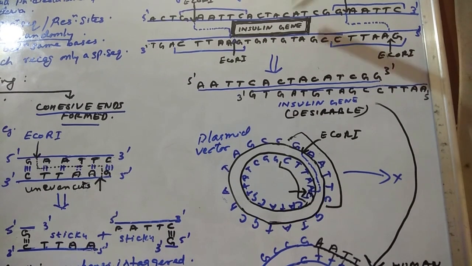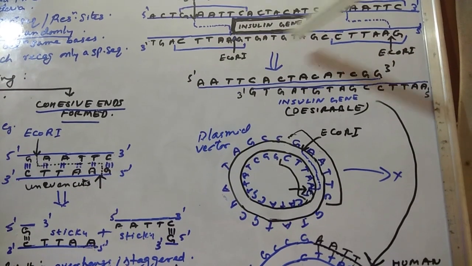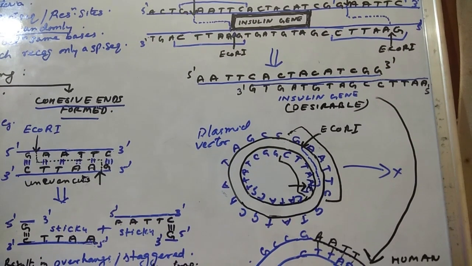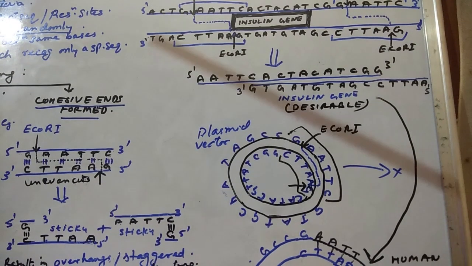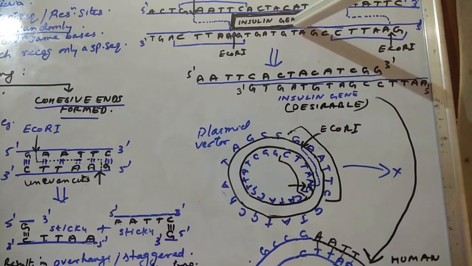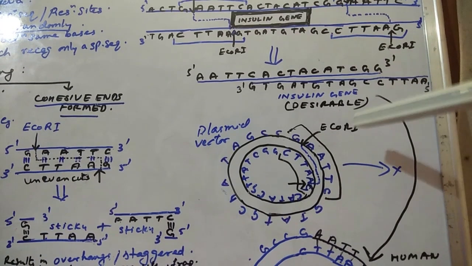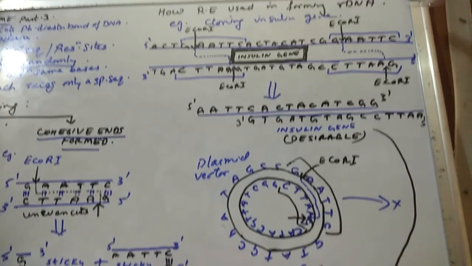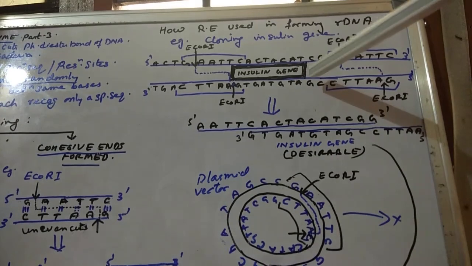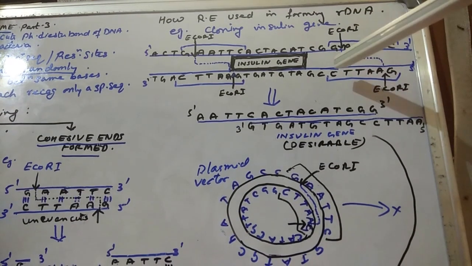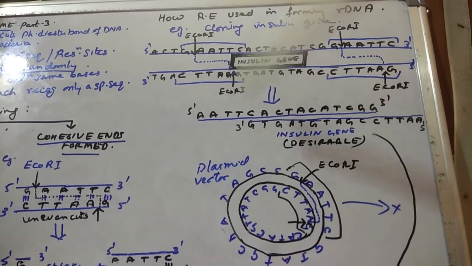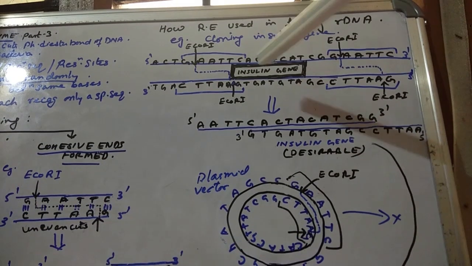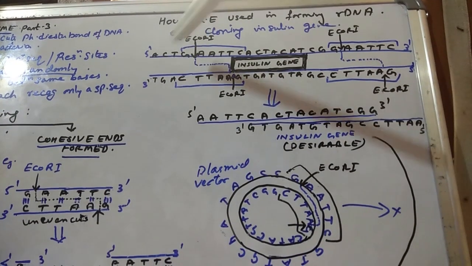I have taken a segment which shows a small area, the blackened area, that is the gene coding for insulin. So definitely I get a long segment. Now how do I get this particular insulin gene incorporated into a vector so that I can clone that gene and get the desirable product? So how do I do it? This is a long fragment, the isolated DNA from human, to get the desirable gene. I am also using a plasmid vector, where this gene I will insert. So first let me explain how to get the insulin gene from the human genome.